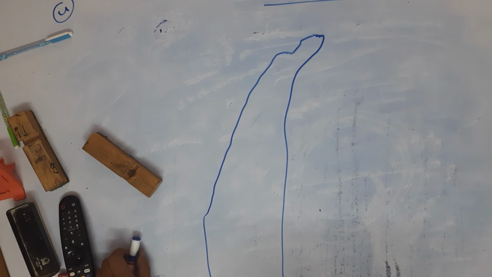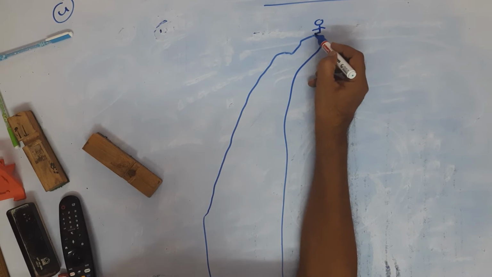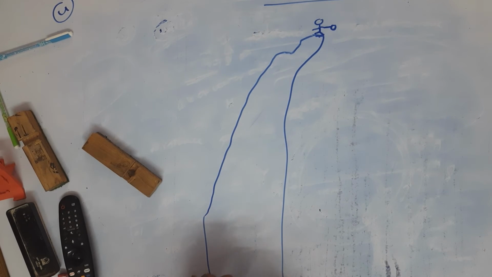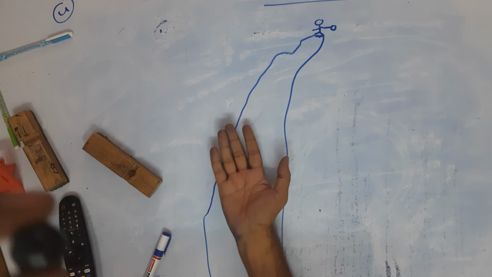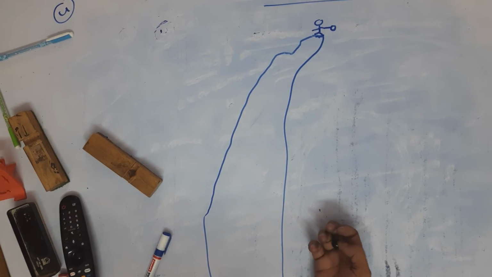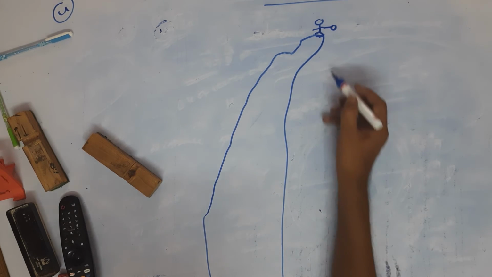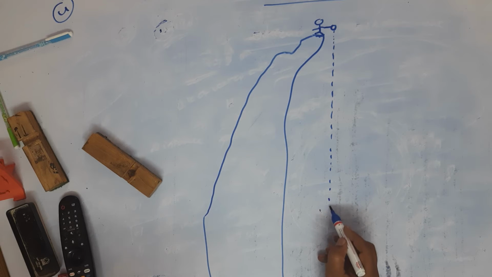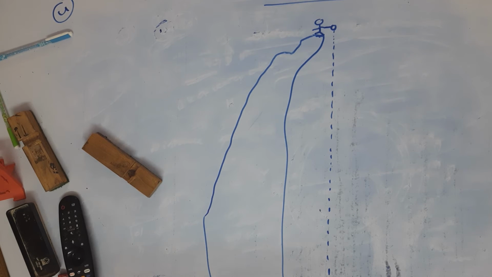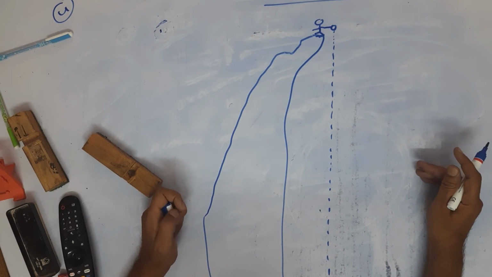Okay. Now there is a very interesting question regarding this. Suppose, imagine that you are standing at the top of the cliff, and you are just dropping a marble. This is the marble you are seeing, and it is coming downwards. Since the marble is coming downwards, this is called motion along a straight line, also called motion in one dimension. So today I am going to explain some basic concepts.